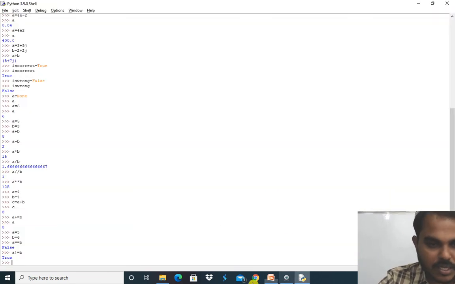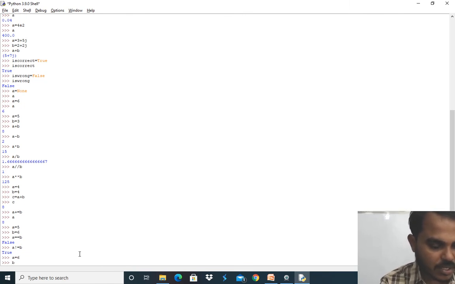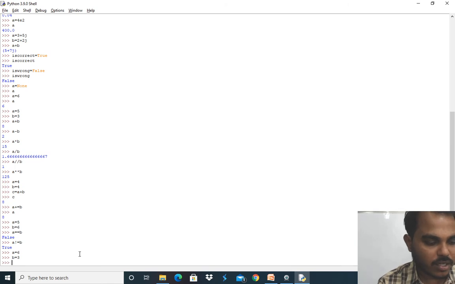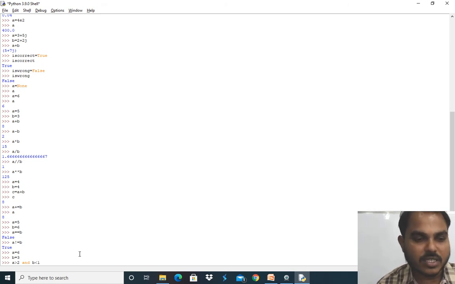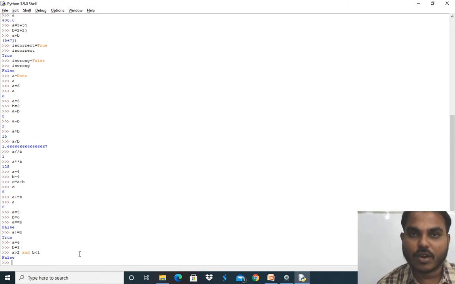Now I'll explain. a is equal to 6, and b is equal to 3. I'll take a is greater than 2, which is correct, right? And b is less than 1. See, the first condition is true and the operator I have used here is AND. So a is greater than 2 is correct, but b is not less than 1, so it should be false.